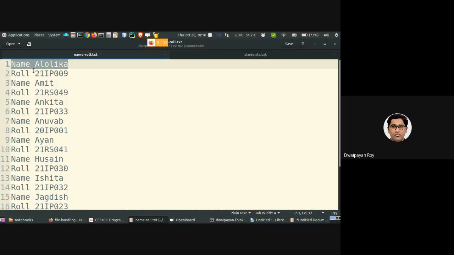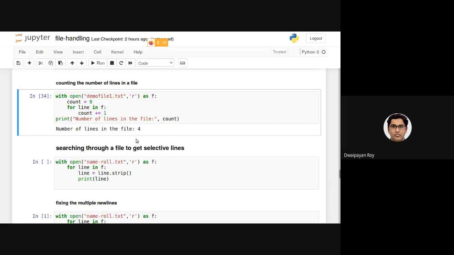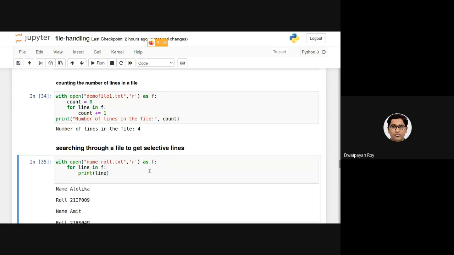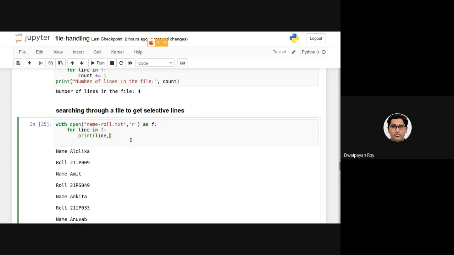So after reading, I can use this. There is another function in string called startswith. I have already written the code for you guys. If I apply this, you can see individual lines are being printed. Line is containing first this, then this, then this, and so on.